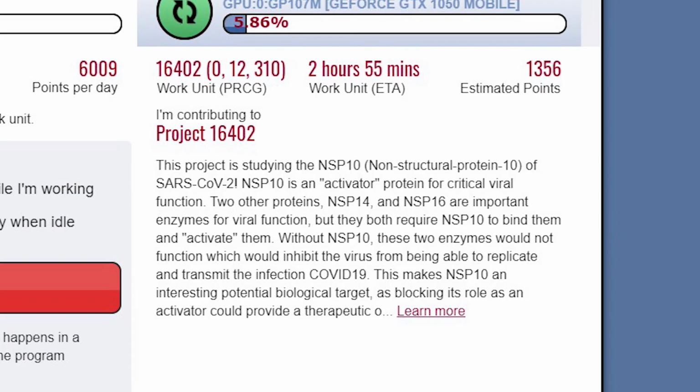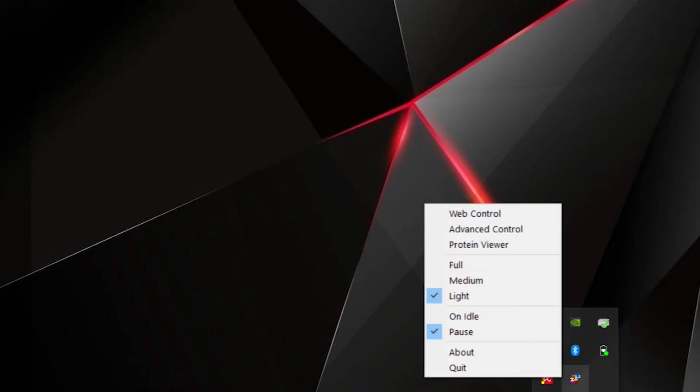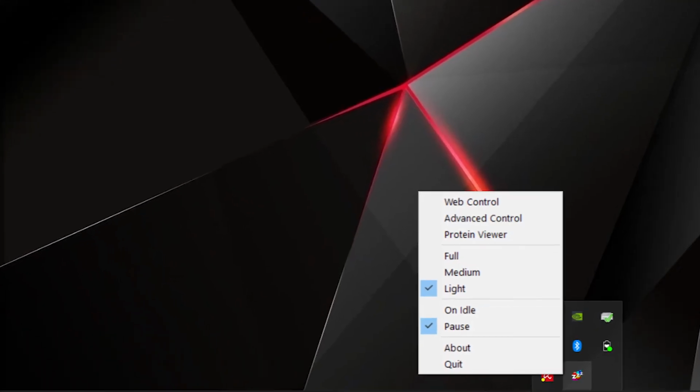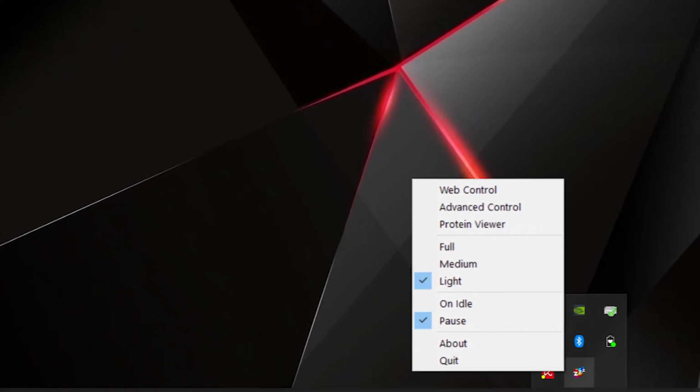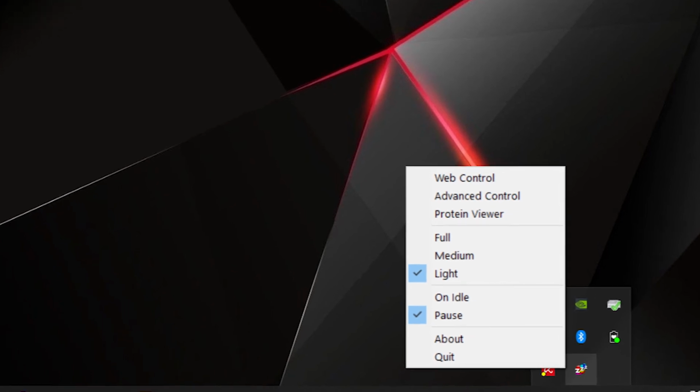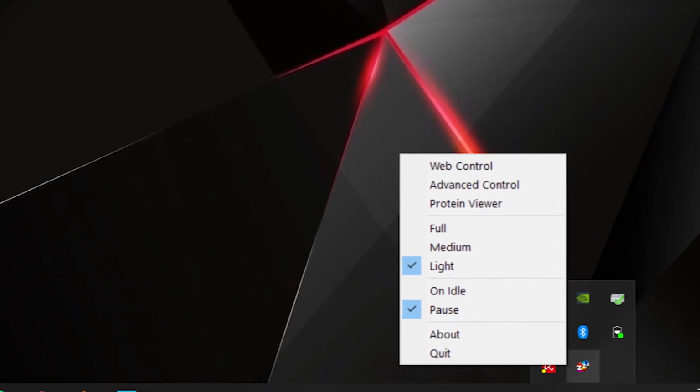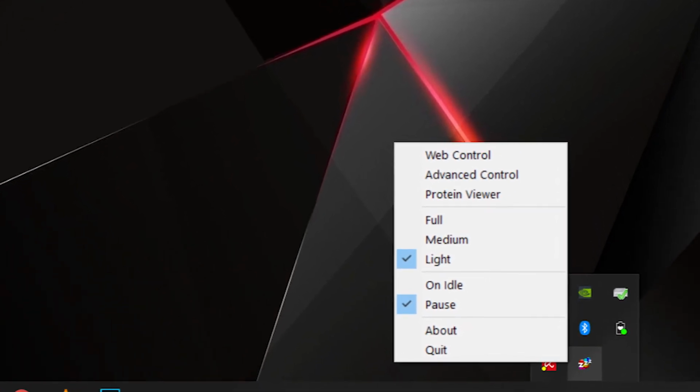On the right side, you can see the work unit to which your computer has been assigned. It shows the number of the project you are contributing to and some of the details regarding the project. Now in your taskbar, you can also access the advanced controls of this FAH or Folding at Home client, but I wouldn't recommend messing with that stuff unless you know what you are messing with.